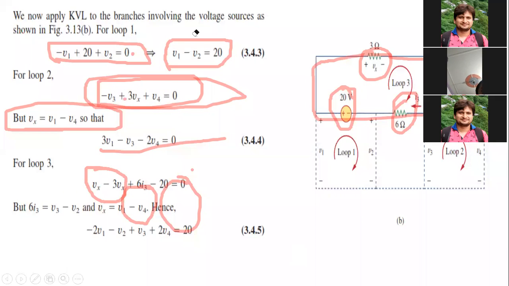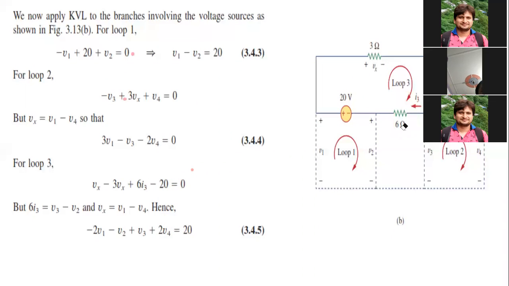Once we have all the equations, the main thing is to get all these equations. Once we have them, it is very easy to solve them. So we have got 5 equations. Okay, only 4 are required, so the last one is not required. Even if you want, you can use it, but otherwise it is not required. So we have 4 equations, and 4 variables are there: V1, V2, V3 and V4, because Vx we can get from V1 minus V4, so no problem for that. So we have 4 equations, 4 variables.